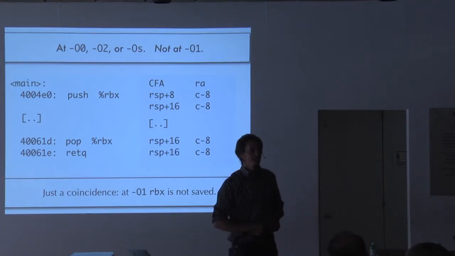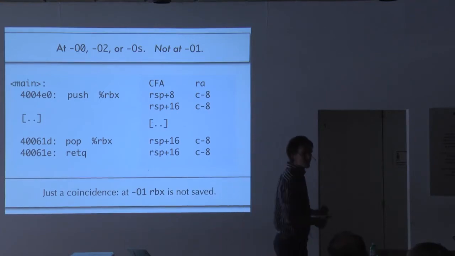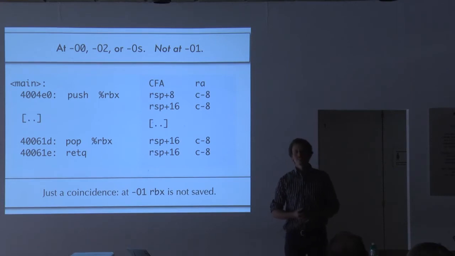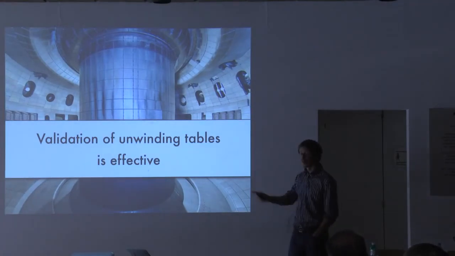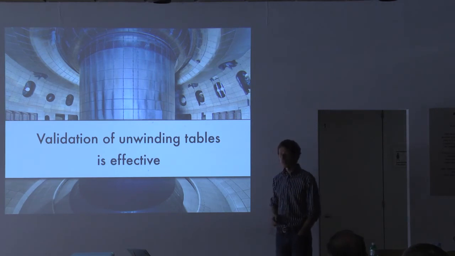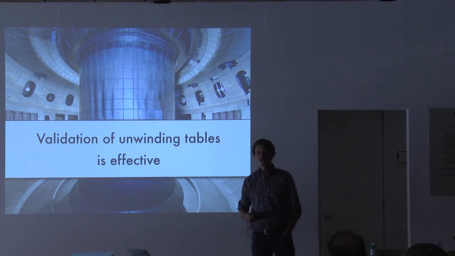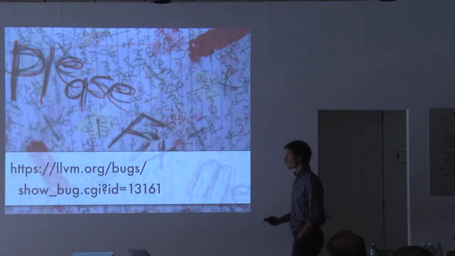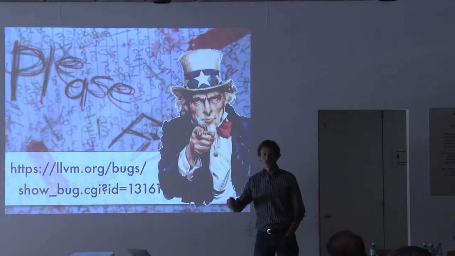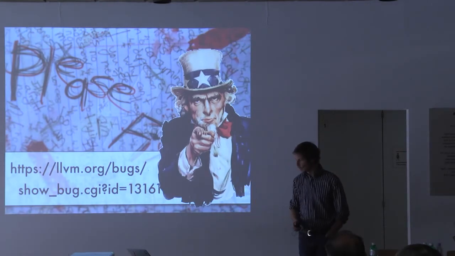This is Clang, and so the last one does this, but many older ones have the very same problem. So, second point that you should take back home is that validation of unwinding tables is actually not that difficult and effective. Okay? Now, if there is any LLVM developer in the room, then I have one task for you. Please fix this one so that we can go on finding bugs. Okay,